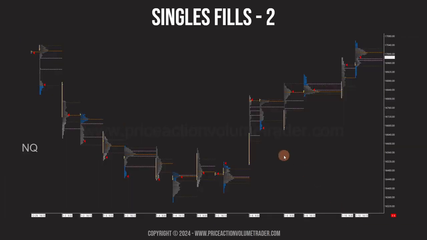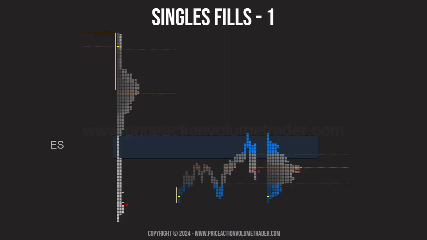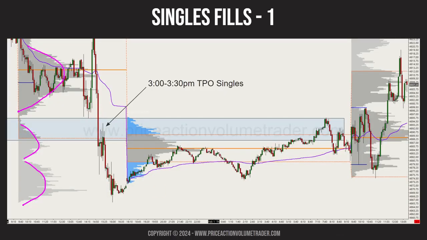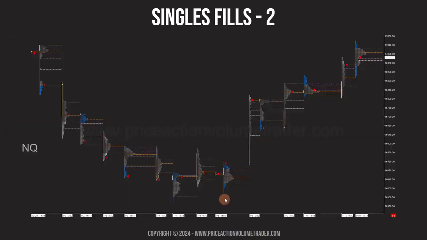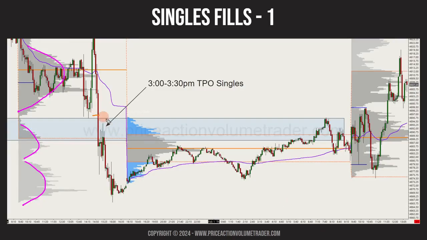sorry, let me go back here. Okay, this whole large area happened because this whole down move, all this happened within the same TPO. So that's why this whole period right over here is one single TPO on the market profile chart, as all these candlesticks, this is a 5-minute chart, all happened within one period on this straight move down